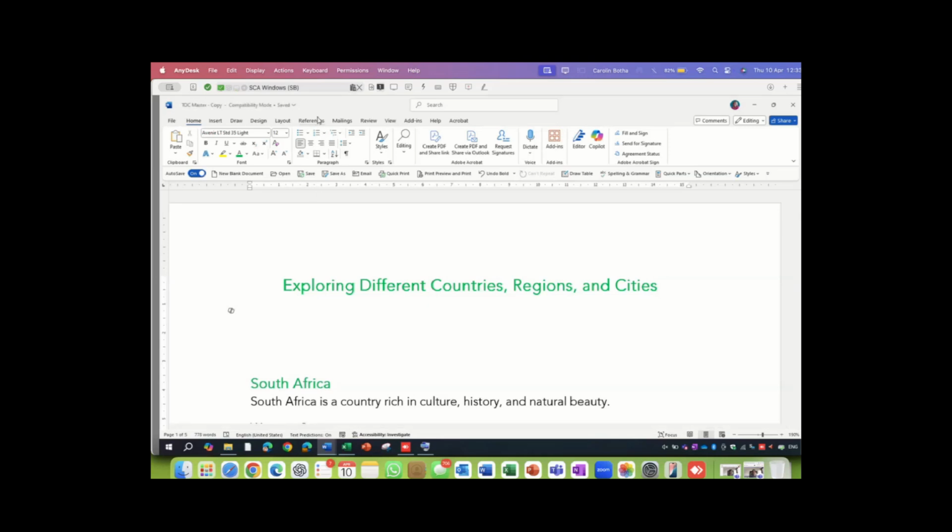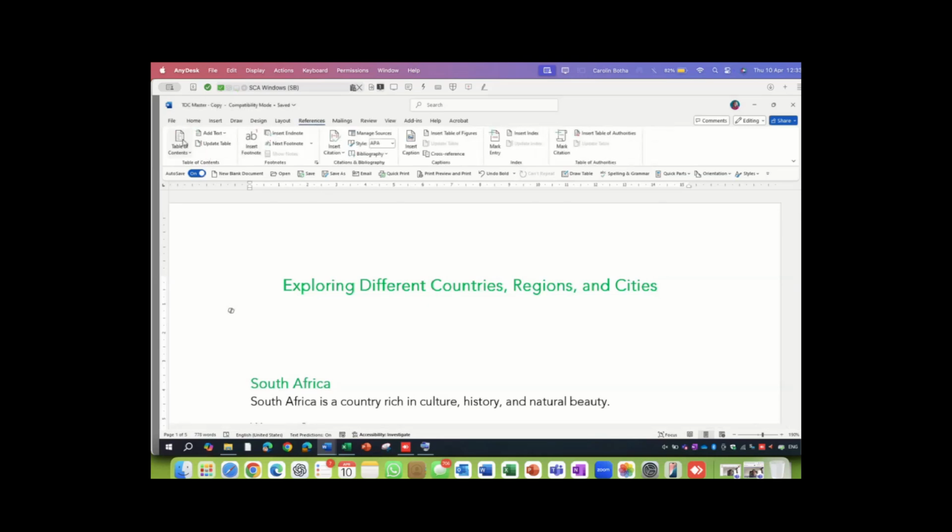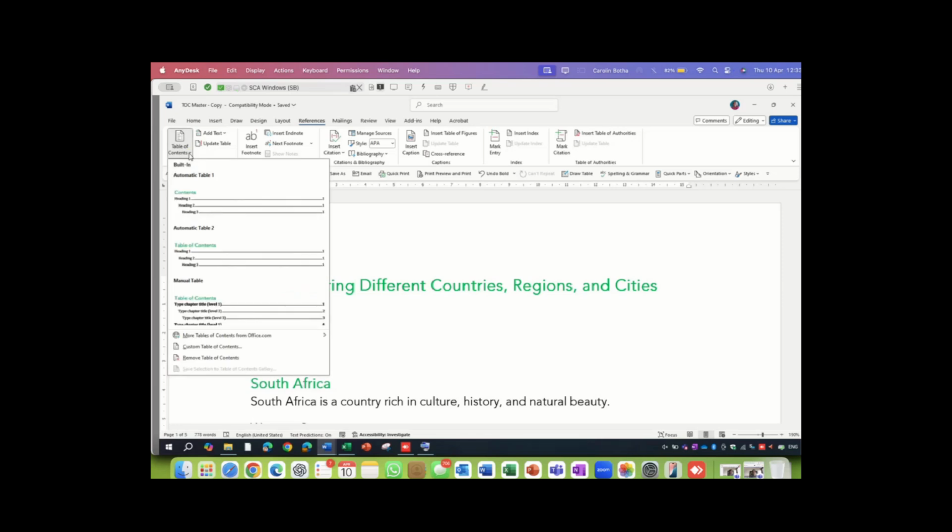And here I go. Go to the reference tab. You can always right click and add it to your quick access toolbar. Go to my table of contents. So there are only a couple of styles available, but it's fine. You can change it. You can go to town if you like with this. I'm going to add this.